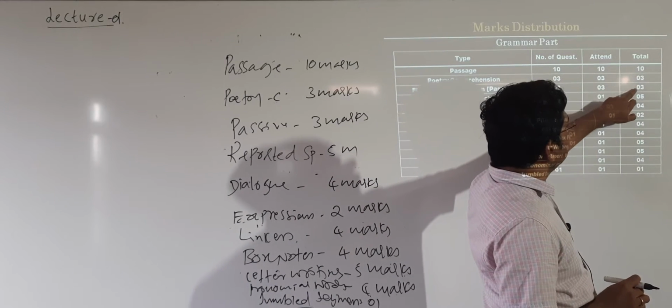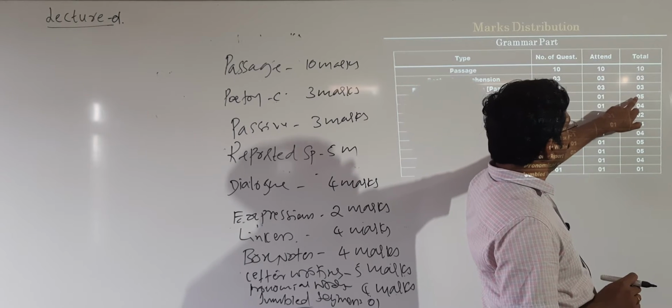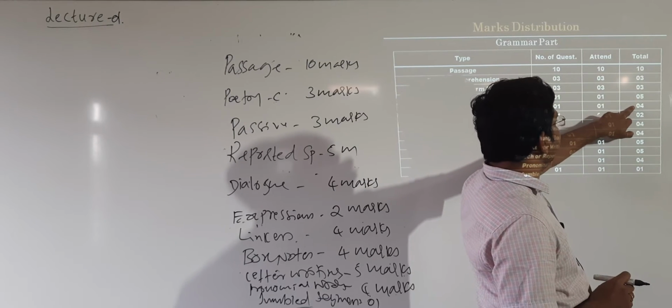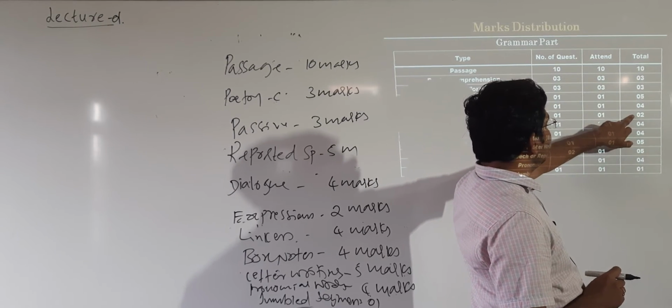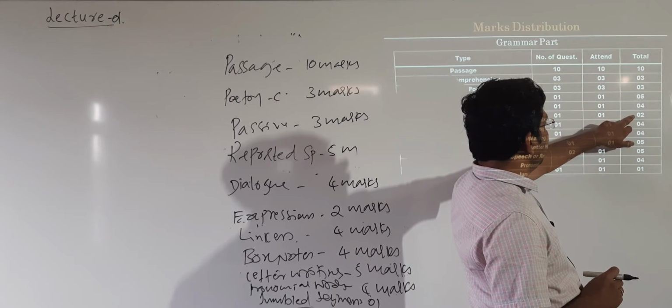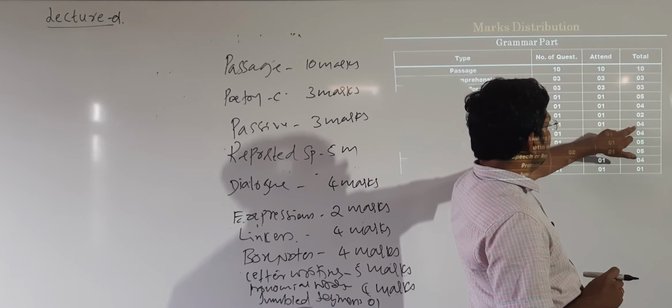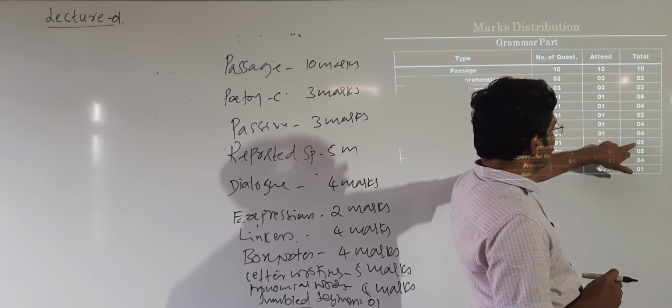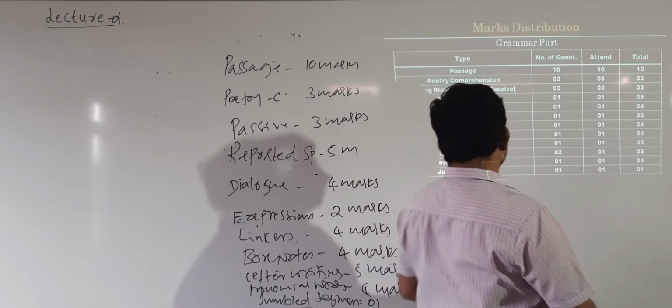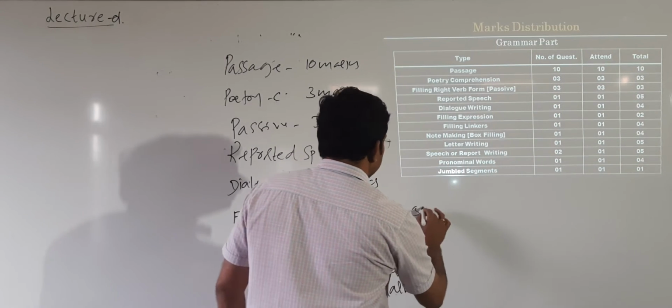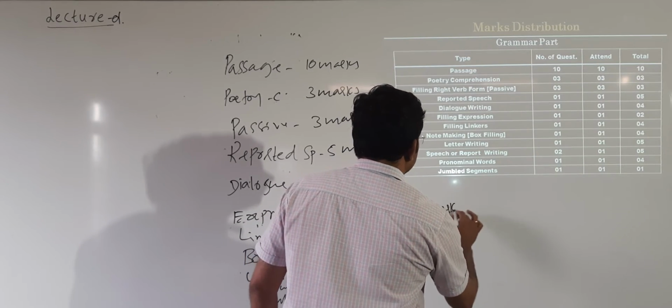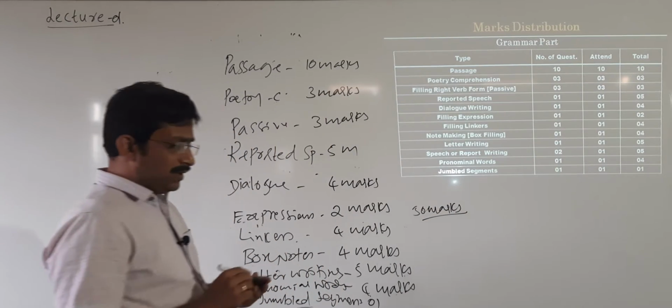So 13, 16, 21, 25, 27, 31, 35, 40, 45, 50. So altogether it is 50 marks. It is 50 marks. Now,